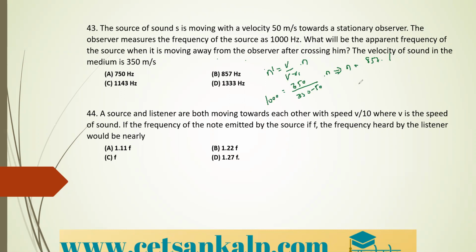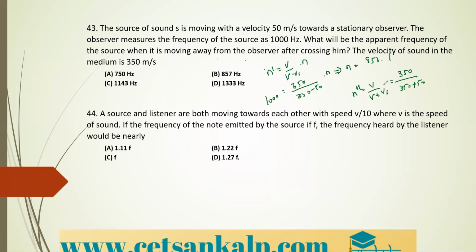But here the sum will not end. The next part is when the source is moving away from the stationary observer. So when it is moving away, the formula is n dash, or you can take here n double dash, just for your understanding. N double dash is equal to V divided by (V plus Vs), which is 350 divided by (350 plus 50)